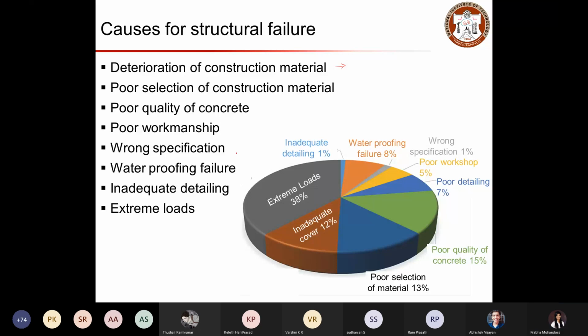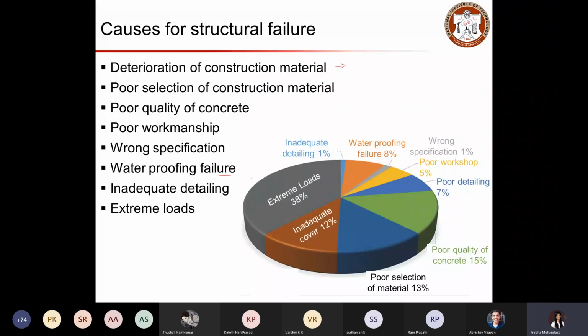As I mentioned in the previous class, water is one of the enemies for these structures. When water comes in contact, a lot of materials will start reacting with water, and that will lead to degradation. So we will observe a lot of structural failures. It is very important to provide waterproofing wherever it is required. If you have not provided it properly, then that will lead to waterproofing failure.